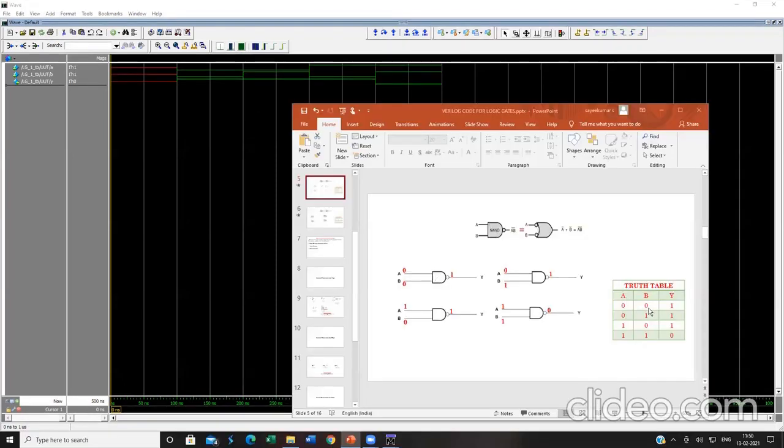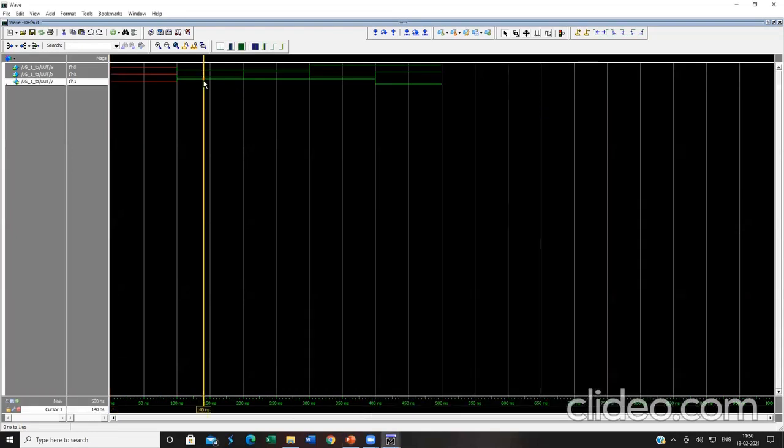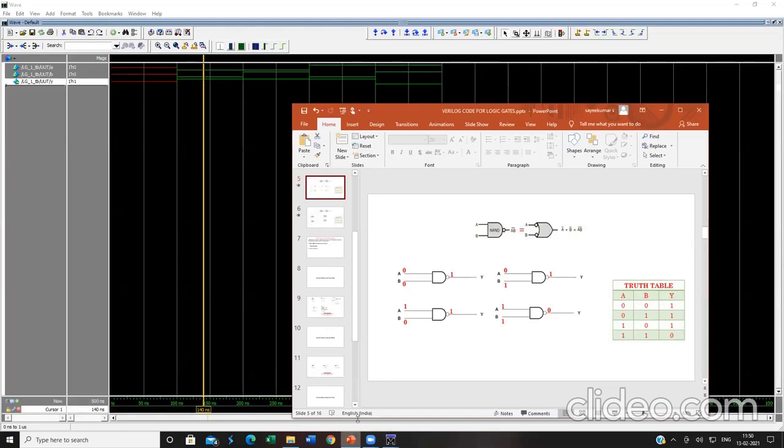Here see 0, 0 equivalent to 1. So here if you see, 0, 0 is equivalent to 1. Input both are zeros, output is equivalent to 1. Next one is 0, 1 is 1.